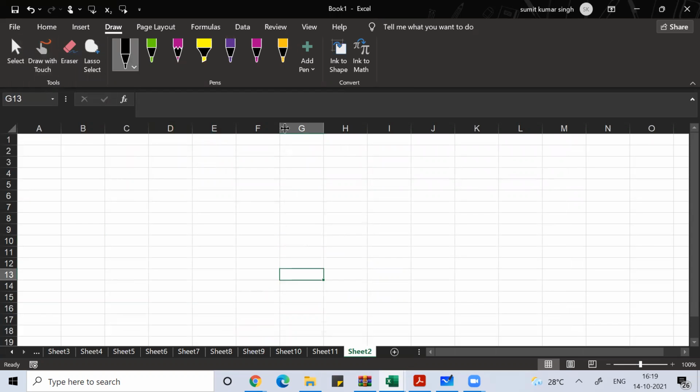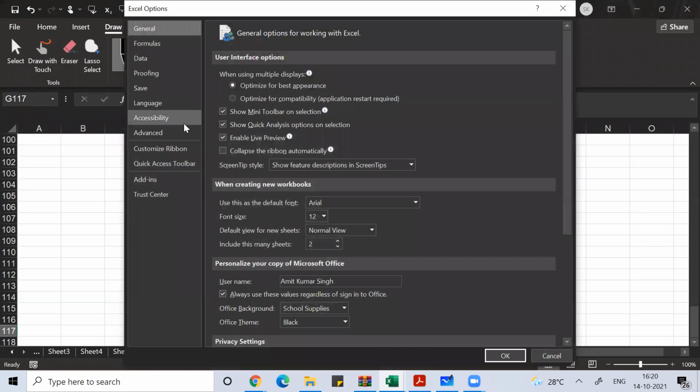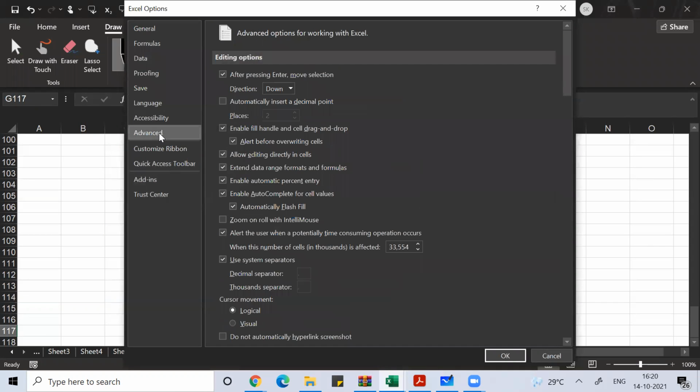Now whenever I press Enter, I can go down in Excel. You can customize this also. If you go to Excel options, Alt F3, and go to Advanced, here is written the editing option: after pressing Enter, move selection direction.